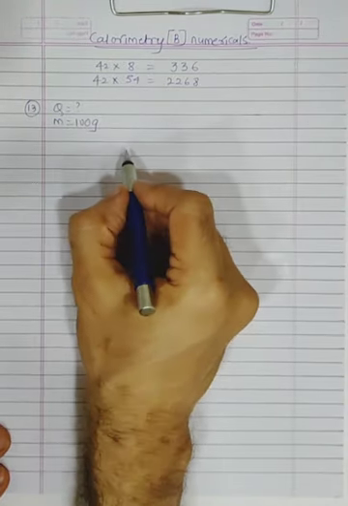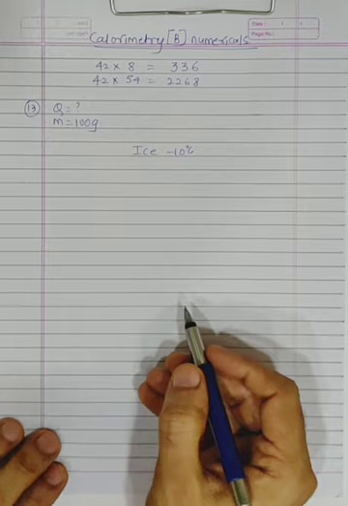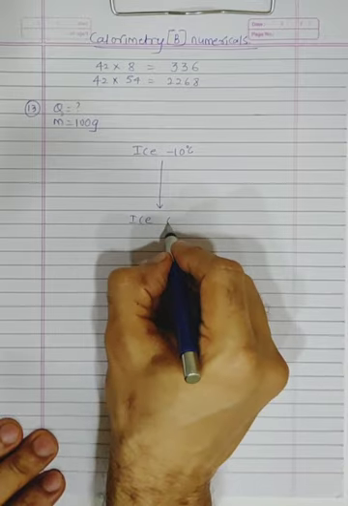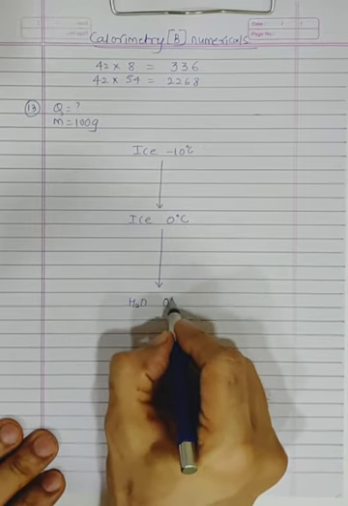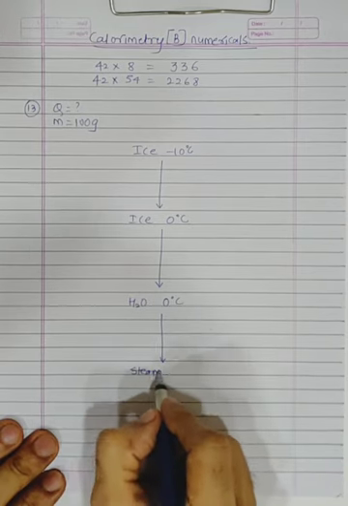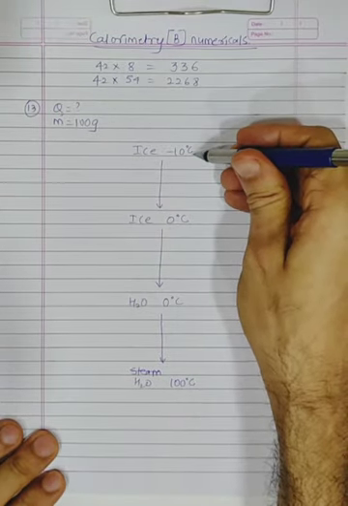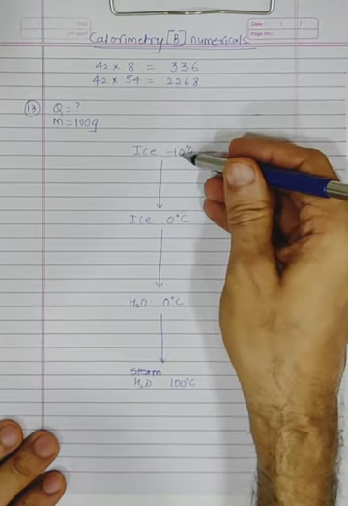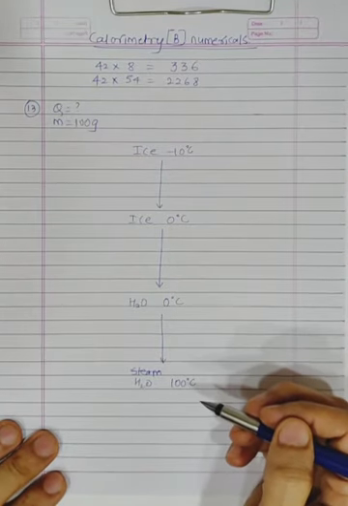So they are telling us that you want to convert ice at -10 degree centigrade. Ice at -10 degree will first become what? If you remember, it will first become ice at 0 degree, then ice at 0 to water at 0 degree, and water at 0 to water at 100 degree. Remember, you cannot convert ice at -10 directly to water at 100. Even if you do MC delta T from ice at -10 straight to water at 100, you get a wrong answer. You have to show all these stages.